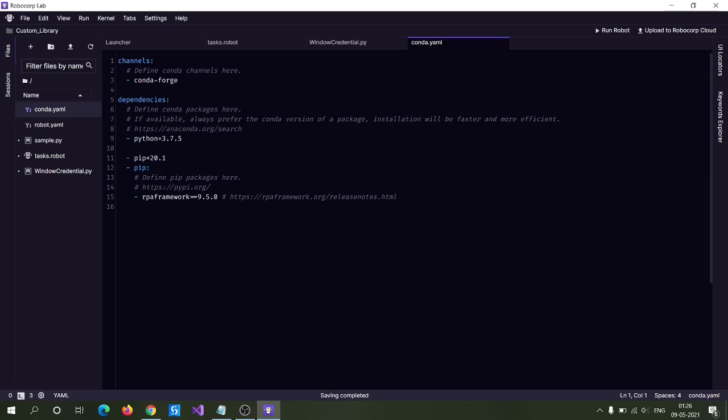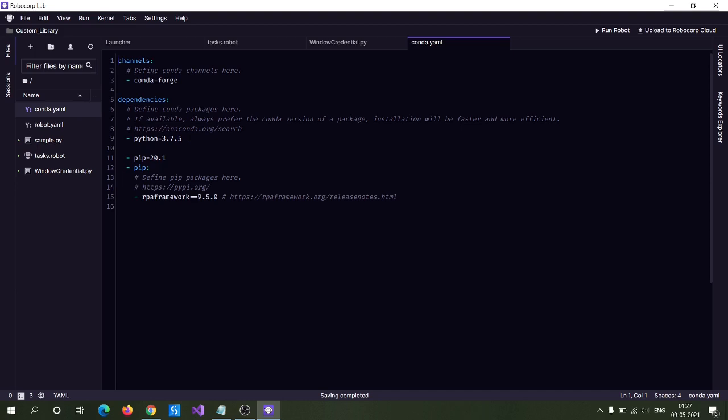Okay, so there are two ways you can install the module, either by using conda installation or by pip installation, because there are certain packages which may be available only in the pip installation, and there are packages which may be available both in conda and pip installation. If there is a package which is having conda installation, Robocop is recommending that only. The reason is because conda installations are much faster and more efficient than pip installations.